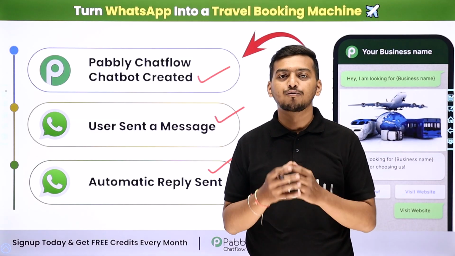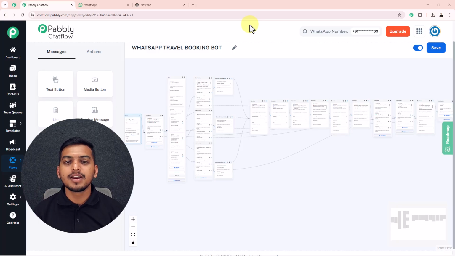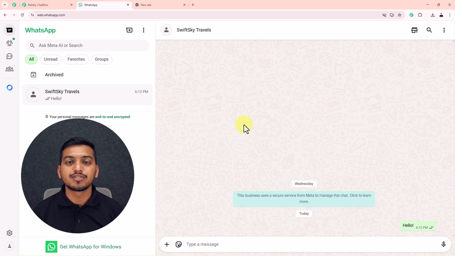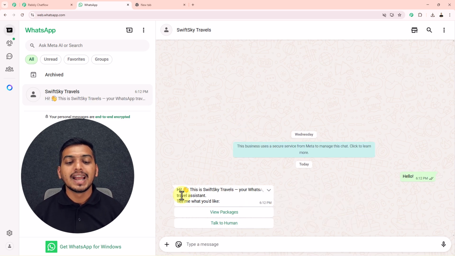WhatsApp chatbot will work. Hello everyone, here on my screen you can see this is the flow of our WhatsApp chatbot that I have created to automate my travel booking business. Now without any delay, I will show you a real-time example of how this WhatsApp chatbot will work. For that, I just have to open my WhatsApp account, and in this chat I will send this keyword hello. After that you will see that this WhatsApp chatbot gets triggered instantly, and here it has sent me